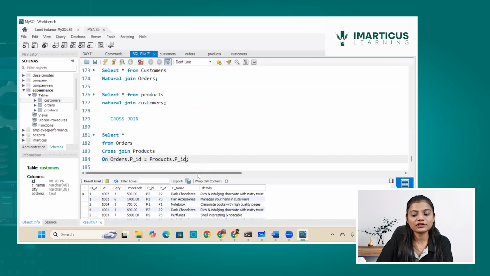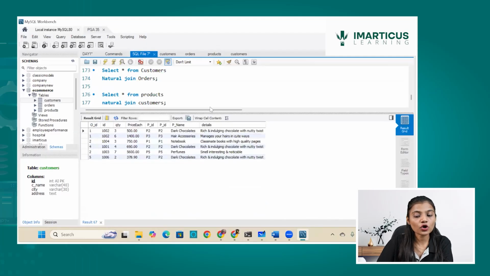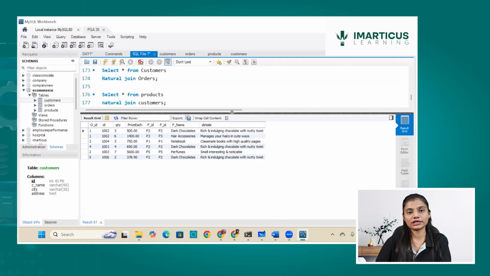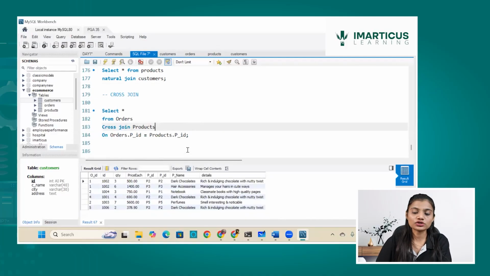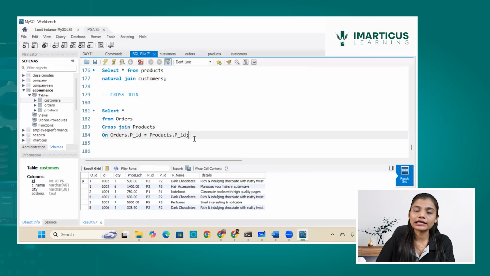Here, if you can see, when I write ON as a joining condition, it's not behaving like a cross join, it is behaving like an inner join. So in cross join, if you don't write any joining condition, it works like a cross join where the Cartesian products are produced. But if you mention any joining condition, it will work like an inner join for us.